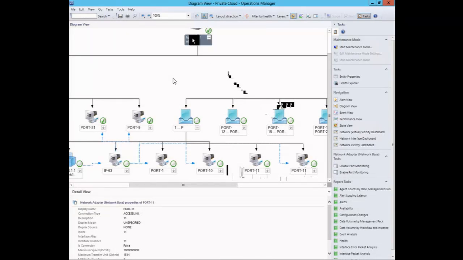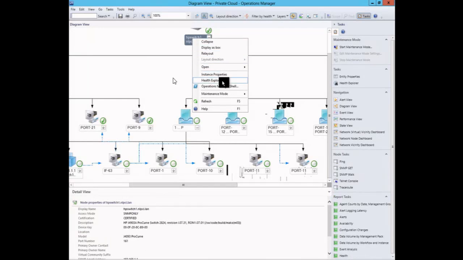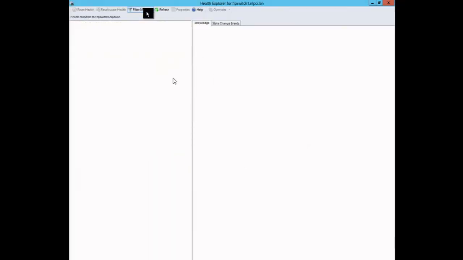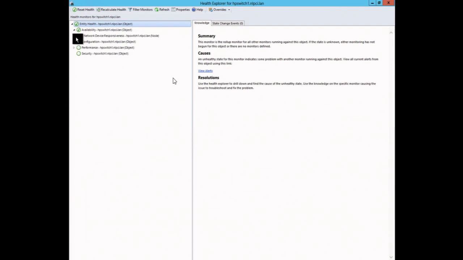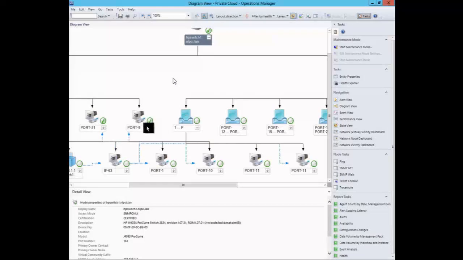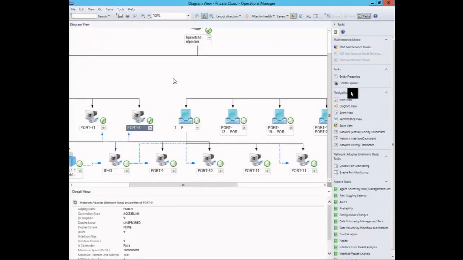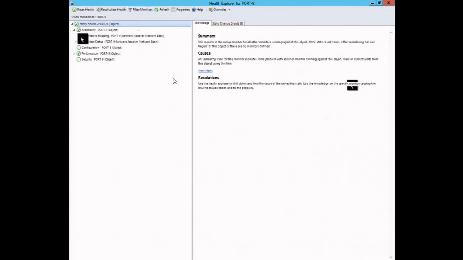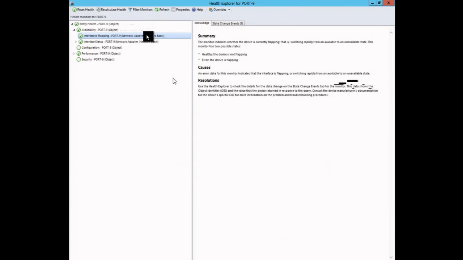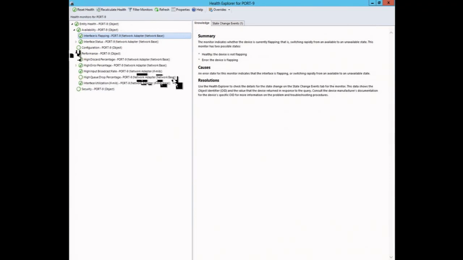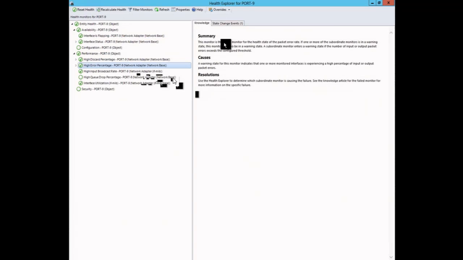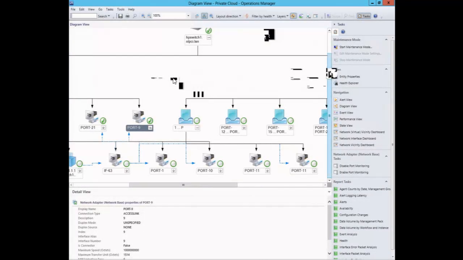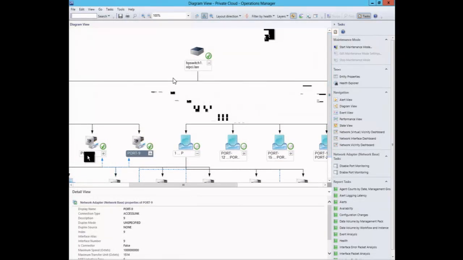Now, if you look at the Health Explorer, we can have a look at the monitors, for instance, that we get from this device. So we'll filter it out. You have a look at availability, SNMP ping, things like performance, what have you. Those are the things we monitor. If you go to a port, we can go to Health Explorer again and look at some of the monitors. We get interfaces flapping as one of the descriptions, interface status, and you get nice alerts when those fail and you know what to do. Again, these are out of the box. If you want to create your own monitors, that's fine as well. As long as you know the OID and have some authoring experience, you can add monitors to the classes